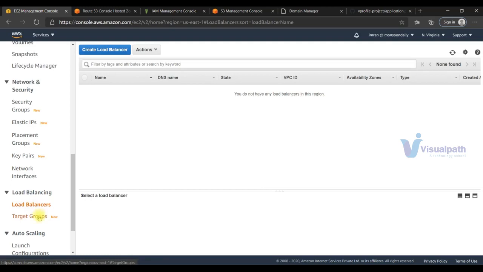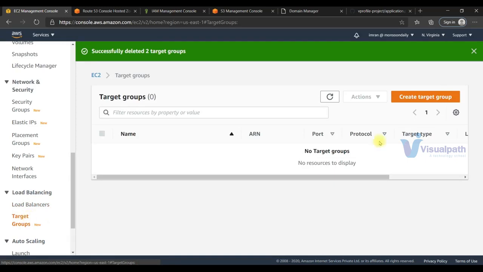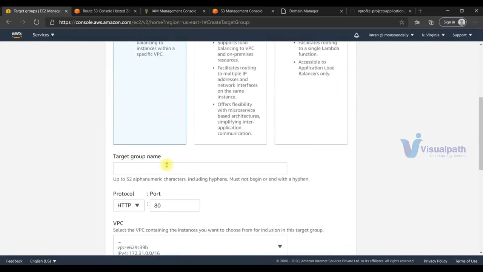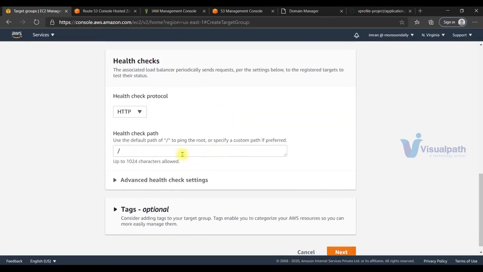So first we need to create a target group. So let's go to target groups and create a target group. Instance, we are going to add an EC2 instance. Name the target group vProfile-app-tg, port 8080, Tomcat running on port 8080, and same VPC. The health check will be /login,